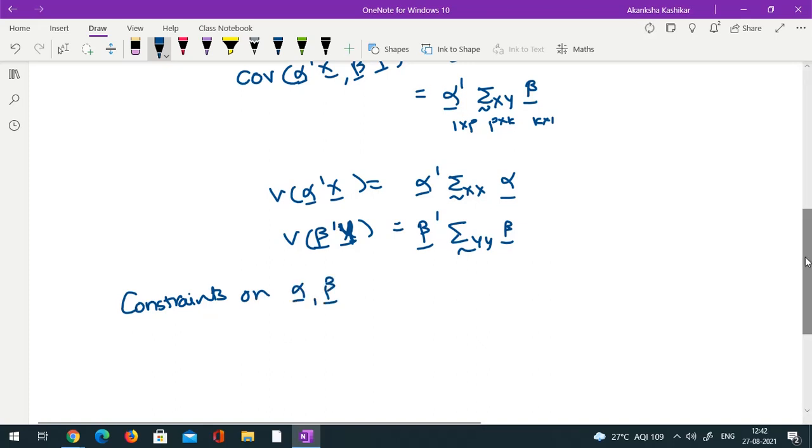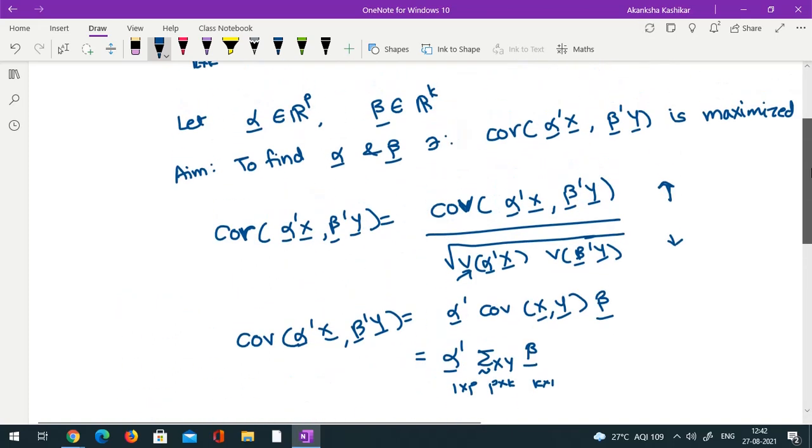Why do we need these constraints? Because the numerator and denominator of any ratio behave differently. An increase in the numerator would increase the ratio, whereas a decrease in the numerator would decrease it. A decrease in the denominator would also increase the ratio. So you can't simultaneously increase the numerator and the denominator and at the same time expect the ratio to increase, because the directions are opposite.